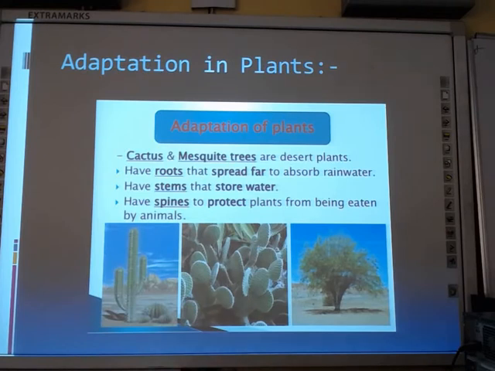It has roots that spread far to absorb rainwater, as rainwater is the only source of water here. It has stems that store water, and spines to protect the plant from being eaten by animals. These spines are present on the cactus so no one can eat it. They protect themselves from other organisms. This is the adaptation of these plants in the desert habitat.